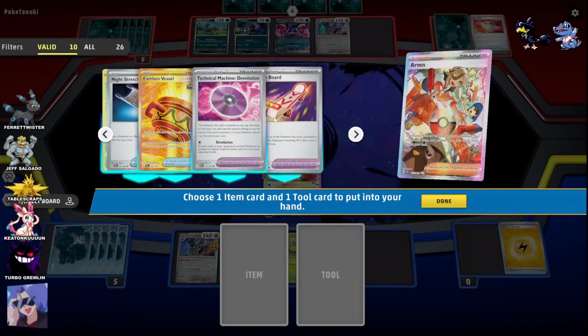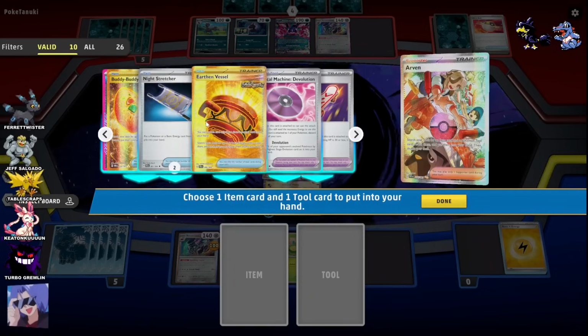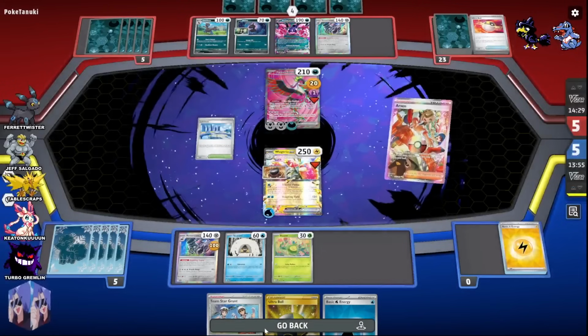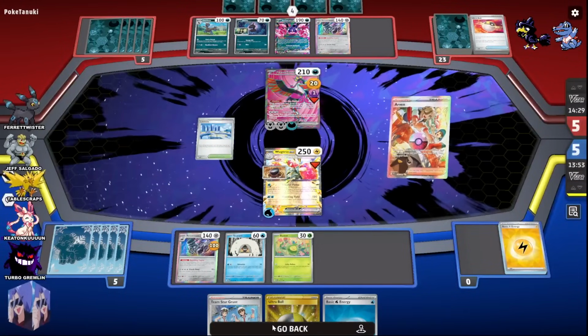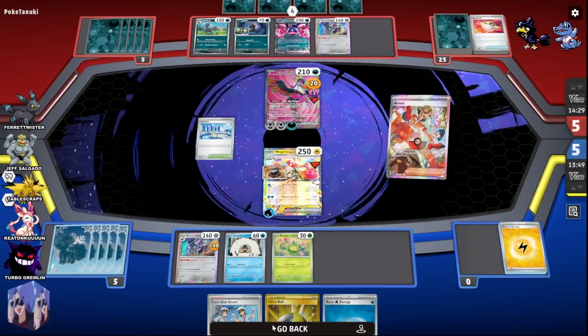And there is Devo. Do not forget that there is Devo. All right, we're going to go Earthen Vessel. And sure, I mean, we'll probably just throw that out. I feel like if we don't take out the Fez now. All right, let's